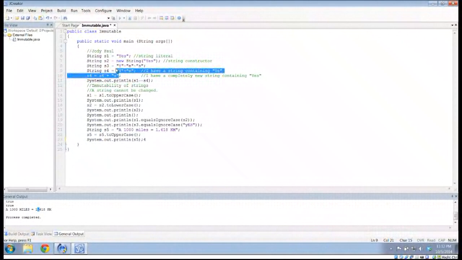The idea that we should be using dot equals to compare if two strings actually have the same contents, but we now have another tool, this dot equalsIgnoreCase, which helps us deal with